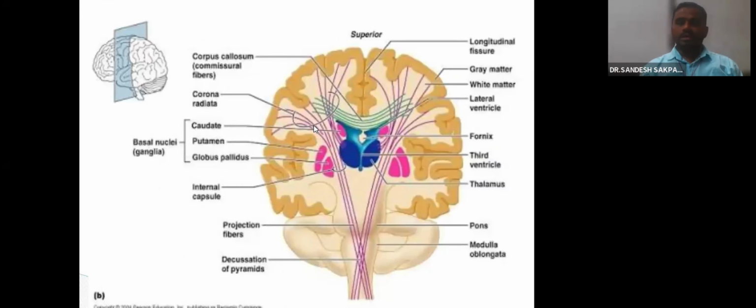Now we come towards the anatomy of the MRI and the brain, and how the commissural fibers and association fibers work. The association fibers are the axons which connect one part of the brain to another part in the same cerebral hemisphere, and the commissural fibers are axons connecting the two hemispheres. Okay, so now here when I get the